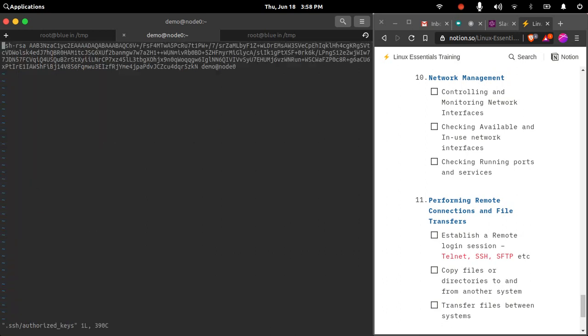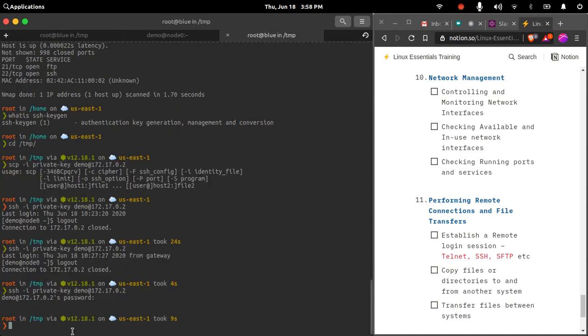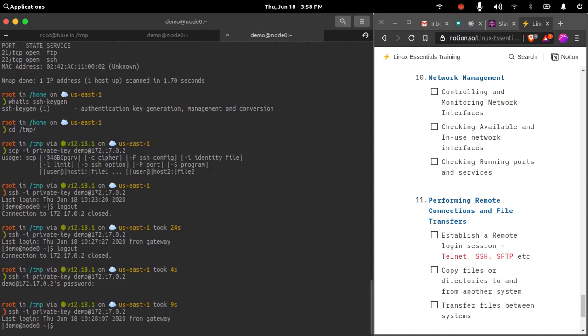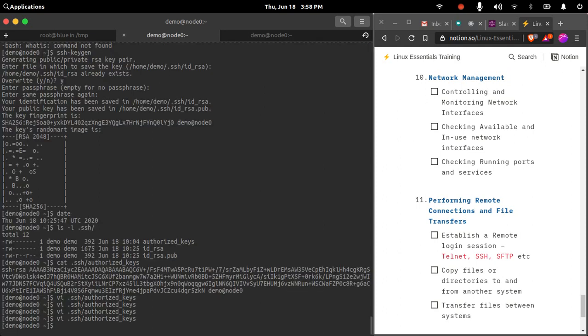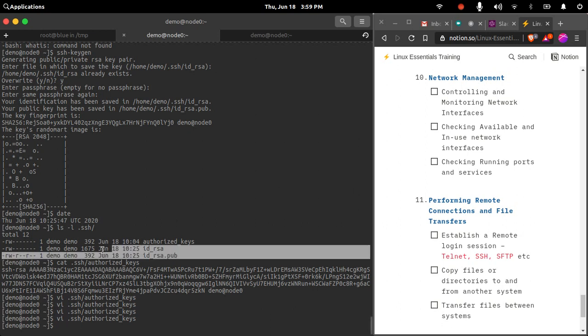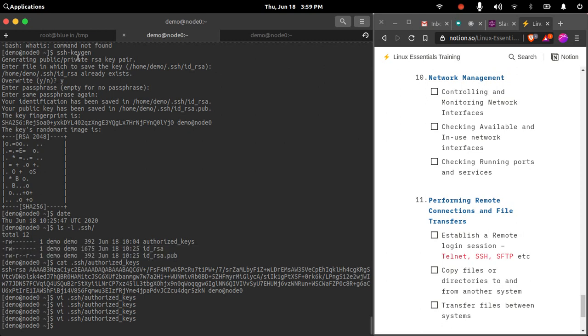Earlier I was not able to save my file. So let's say here if I add 2A, so earlier the file was in this shape. Now if I try to connect again, I'll be able to connect to the machine. So if you delete any bits from the authorized keys file, the user will not be able to communicate. The other way of disabling user access is to clear the content of authorized keys, as well as rewriting or overwriting the public and private key files with the help of the ssh-keygen command.